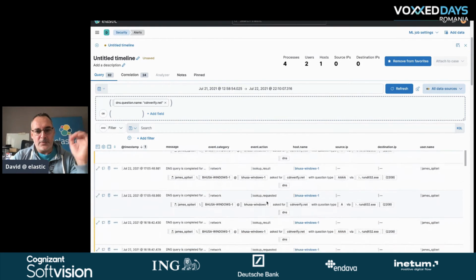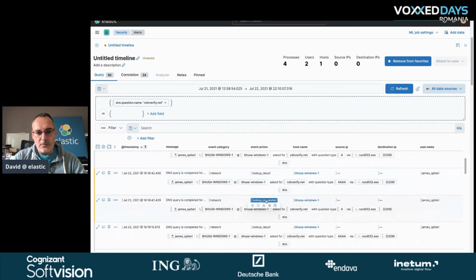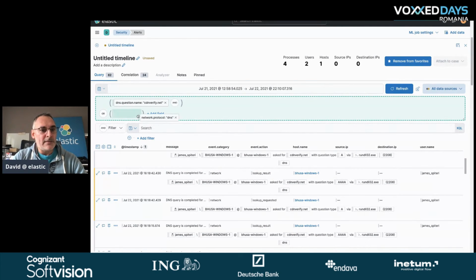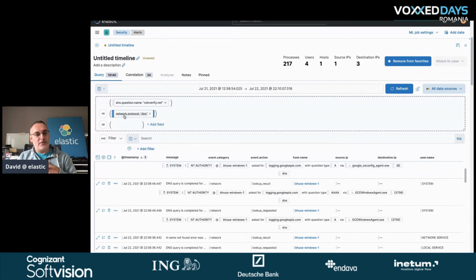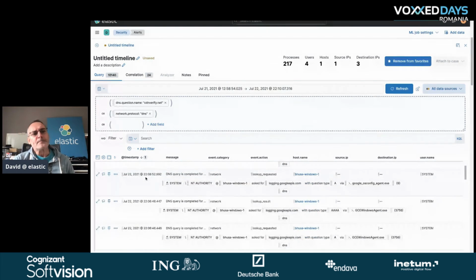You can do multiple things with that. You can say, for example, that was a DNS action. So you can add this to the timeline. I just want to see all the DNS action with this question name, or also DNS action and the other thing. So basically, you are here creating a lot of entries in the result set. So this is what you are seeing. But this amount of data is not linked one to each other.